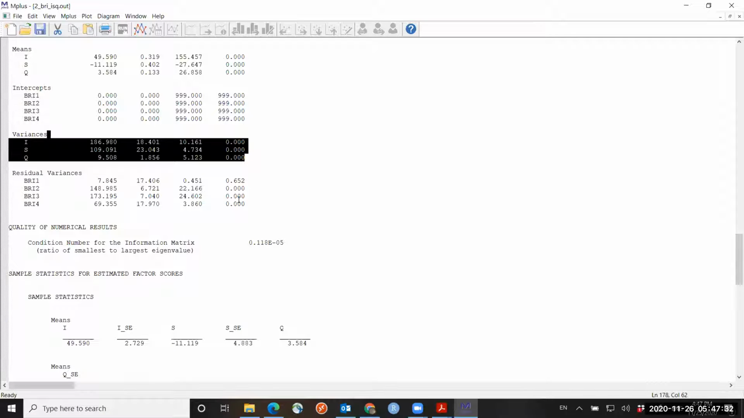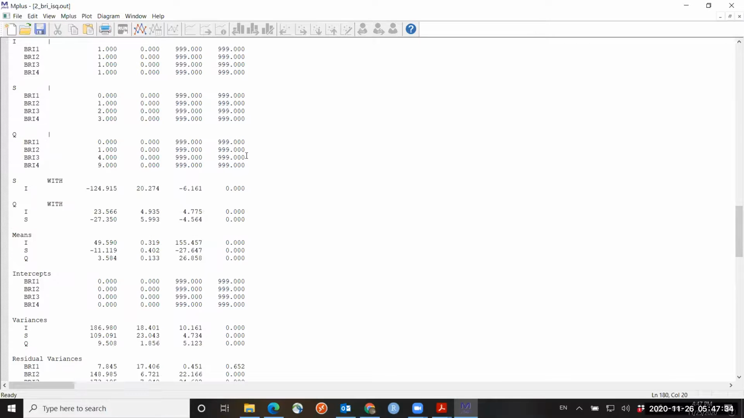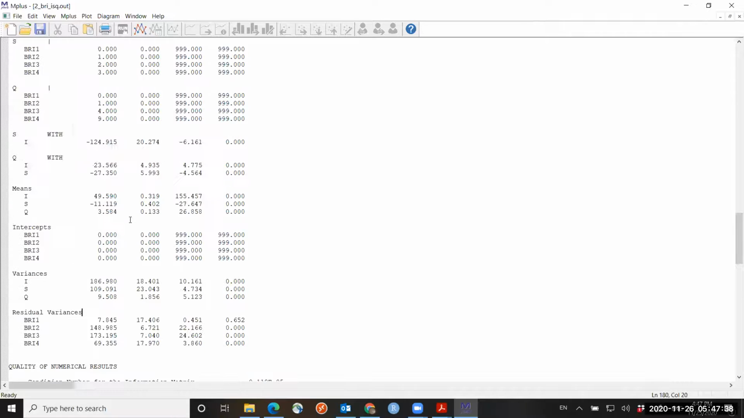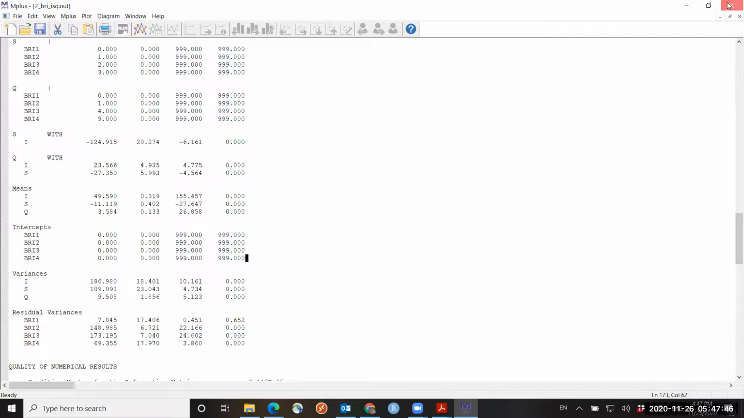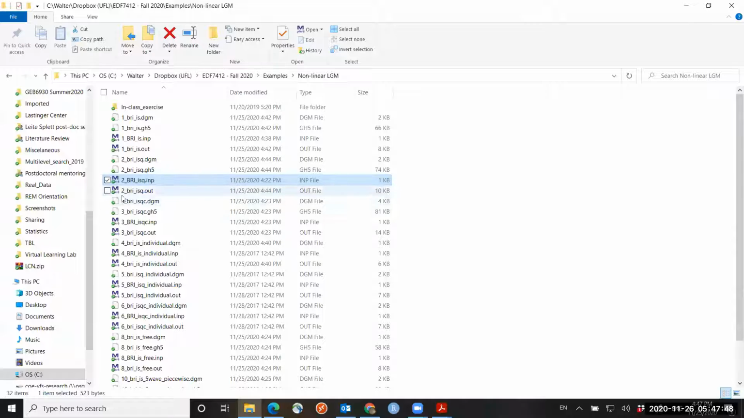Okay, so this is how you look at these results. I didn't request standardized here, but the only thing we would look at for the standardized is the correlations between the latent factors. Now, I will look at the cubic